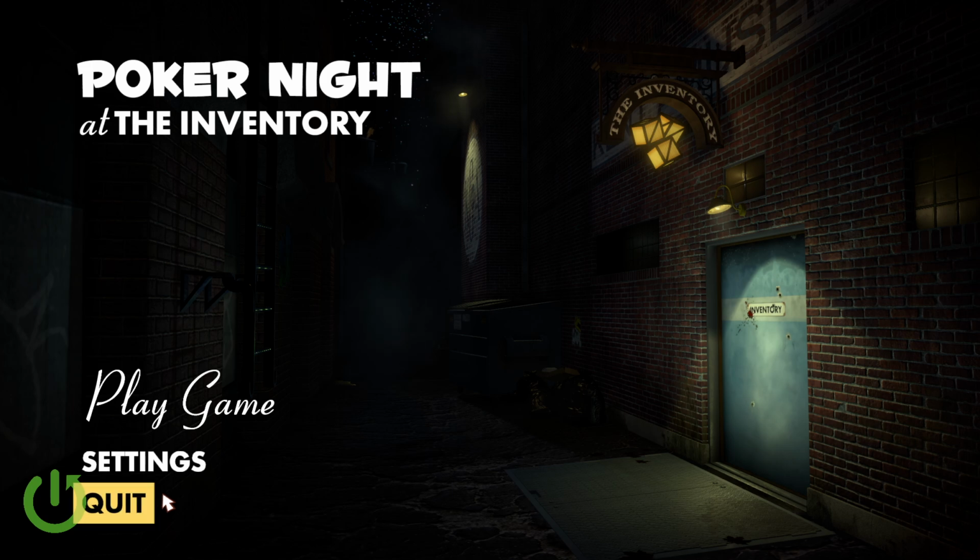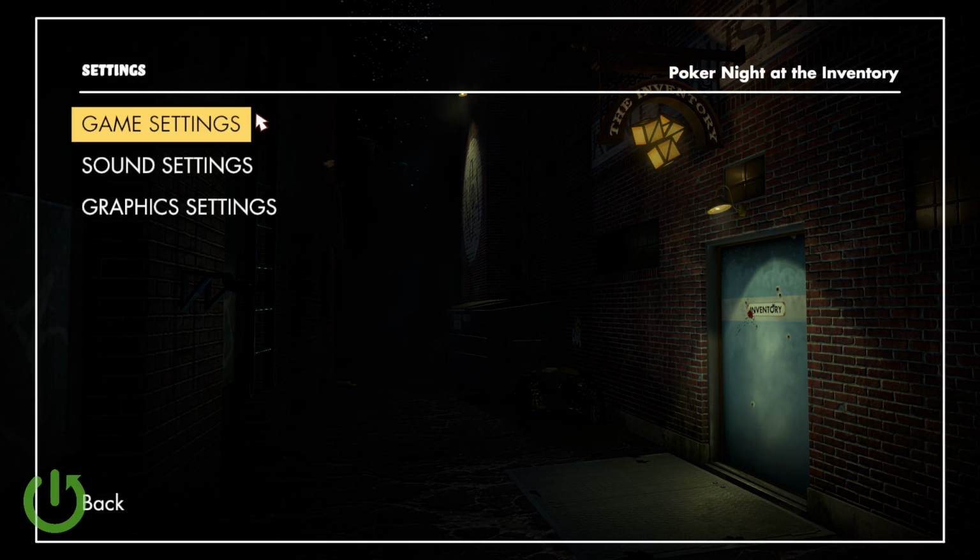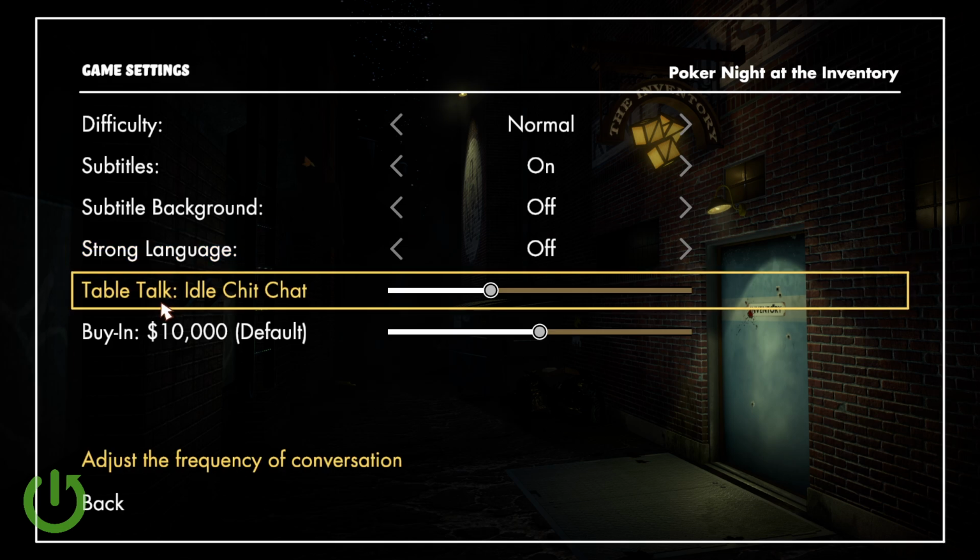Let's begin by opening settings. From there, navigate to game settings. Here you can adjust the frequency of the Idle Chitchat by simply adjusting this slider. As you can see, Idle Chitchat is the name of one of few settings, so I'll actually